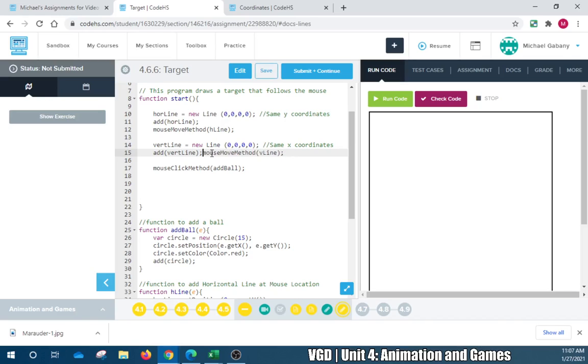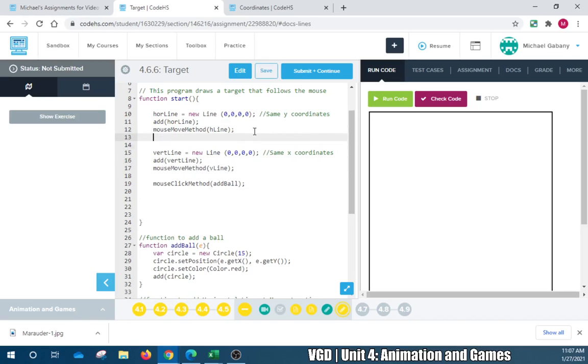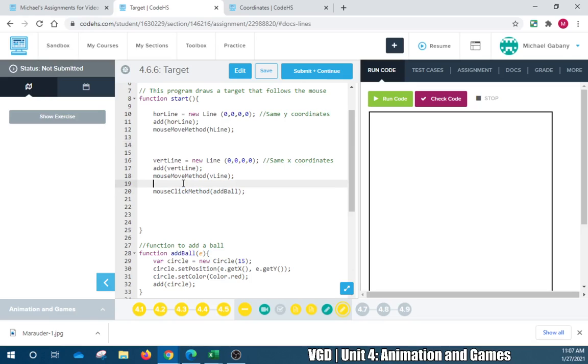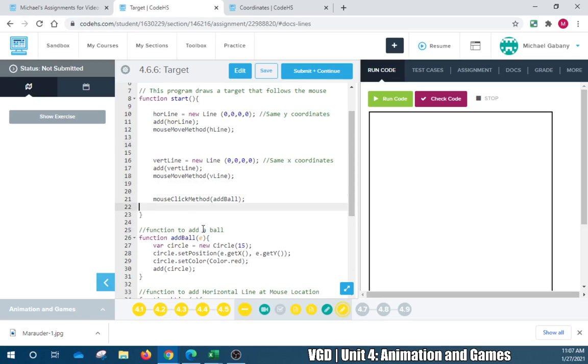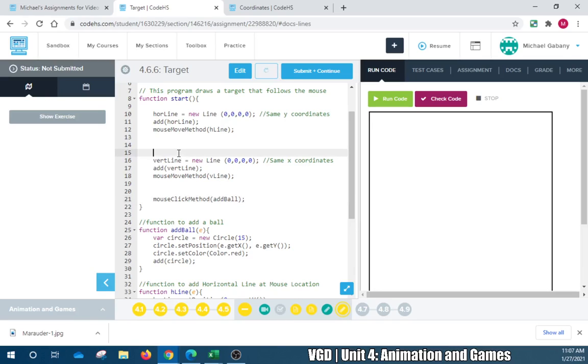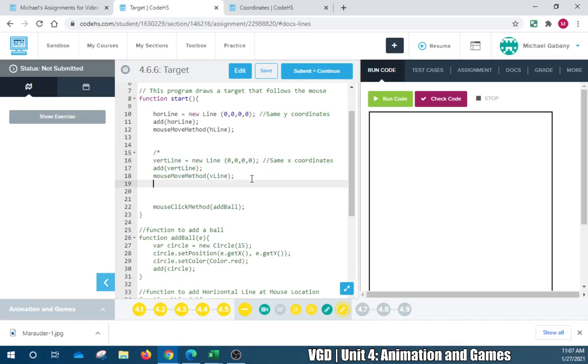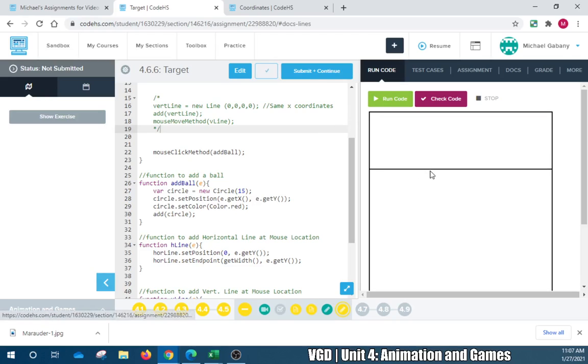We're going to combine these. That way it makes it easier to comment out. All right. And then comment that section out, and make sure my line isn't screwed up. So it definitely has to do with